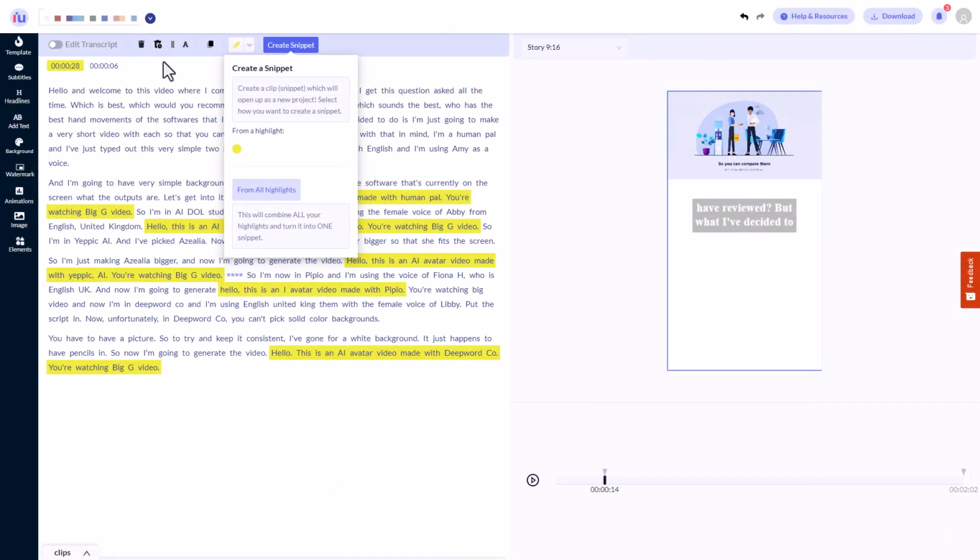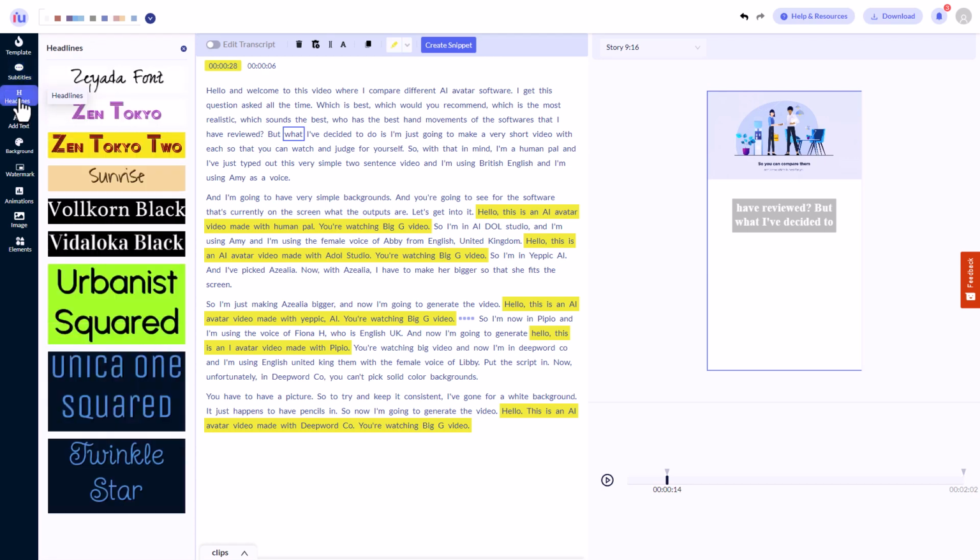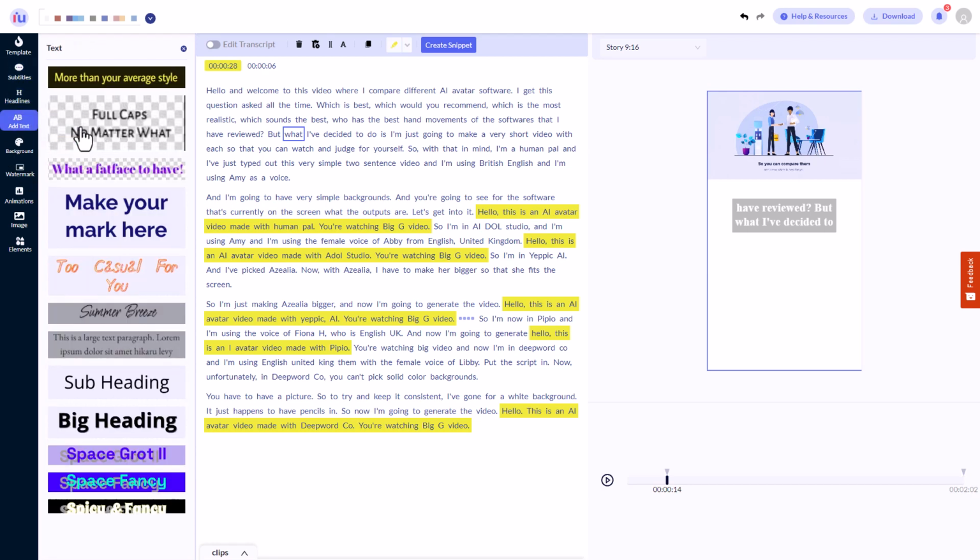And in InVideo, you have more options, but I don't really like some of the options. So some of these presets aren't very nice. Who would want to use these compared to the ones in Type Studio? They just don't look very good, and I wouldn't pick them. So there's more options, but it's also fiddlier. And I do like the fact that you can delete text, but you can also highlight text to make your snippets. That's the sort of thing I'm looking for, but I still don't think this is as good as Type Studio.